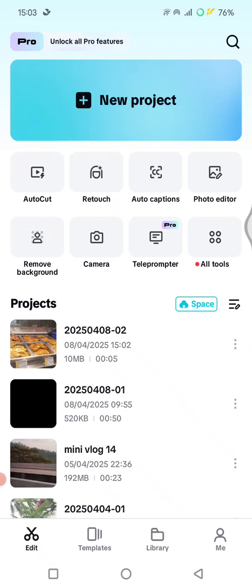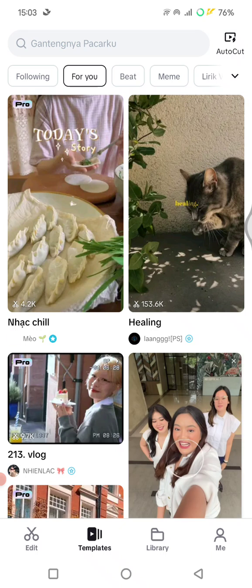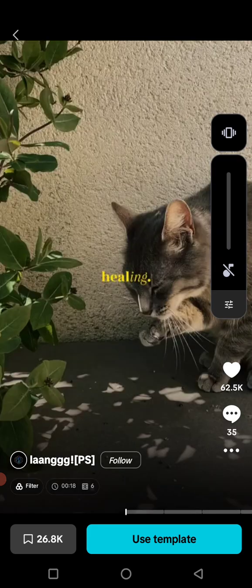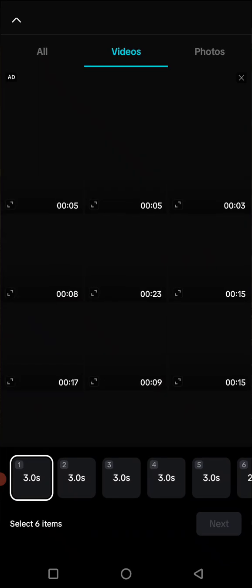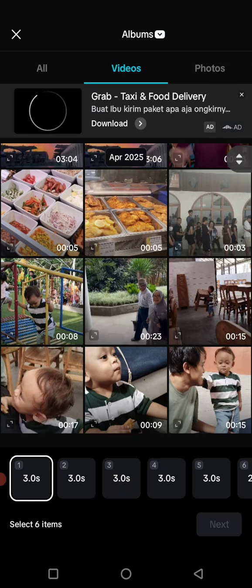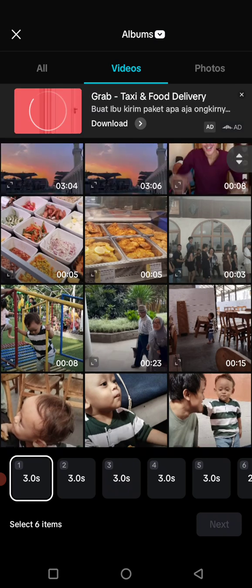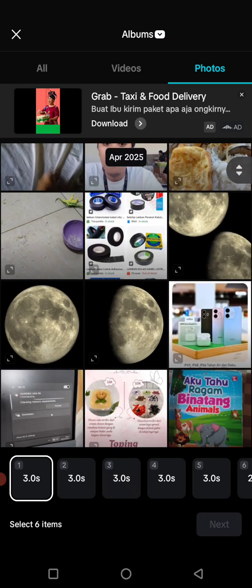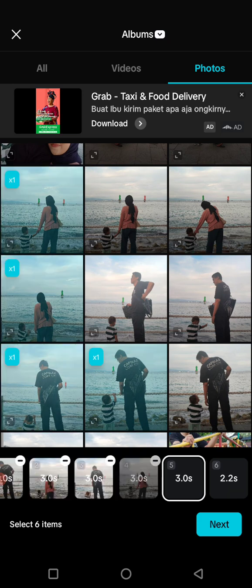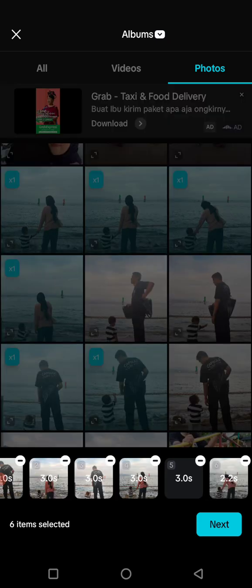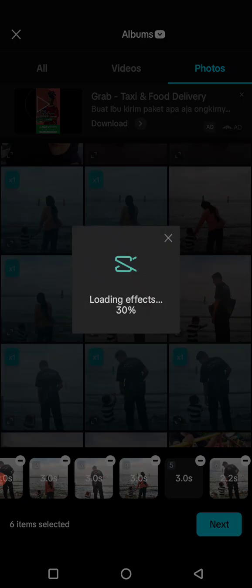Second one, if you want to remove watermark from the template edits, because sometimes when you use CapCut templates it adds watermark automatically. So here I'm going to show you. Let's see, I use the templates here. Let's use this one for example. Okay, I'm going to just use photos. Okay, you can tap on next,